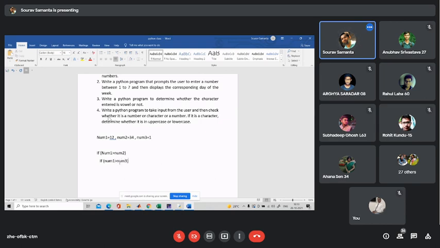So first the if condition is tested, then we go for the second one, number 3. The result will be in terms of a Boolean value. Either it will be true or false. There is no possible value apart from 0 or 1, that's why it is a Boolean value.